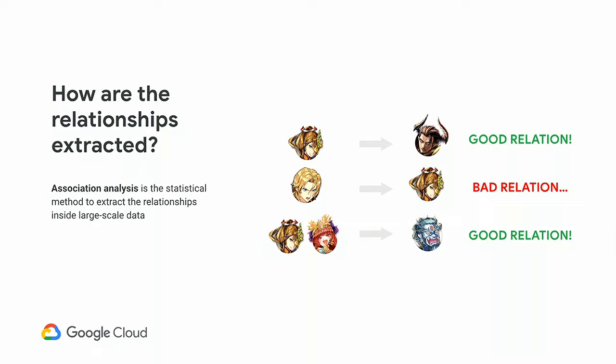I'd like to give a brief explanation about how to extract the relationships between characters. In our recommendation, we are using association analysis. Association analysis is a rule-based machine learning method for discovering meaningful relations between contents in a large dataset. This method can perform high-speed calculation to extract many rules, and the extracted relations are easy to understand and useful in various settings. The relations are evaluated with some metrics like the strength of the connections and the frequency of the rules and patterns.